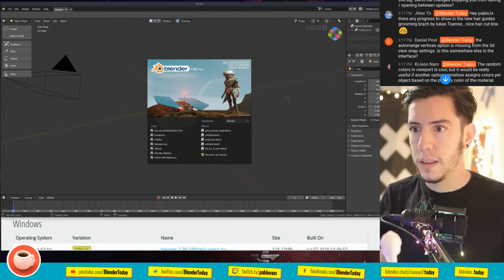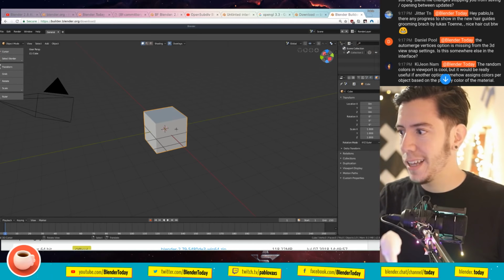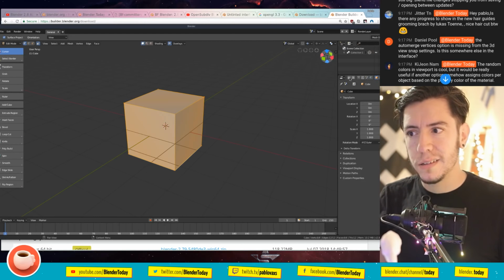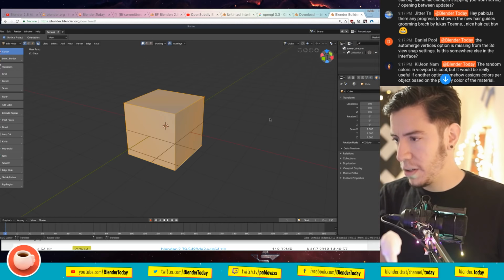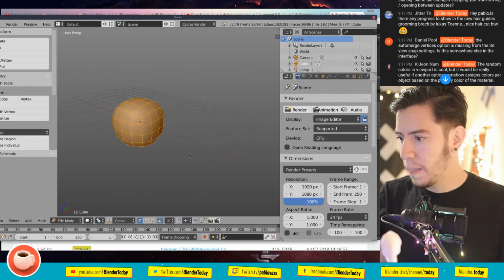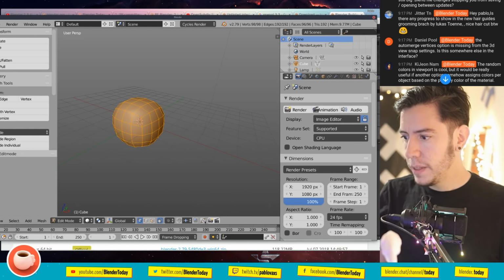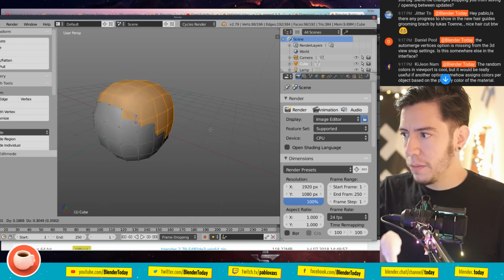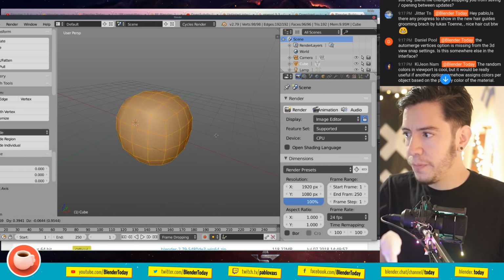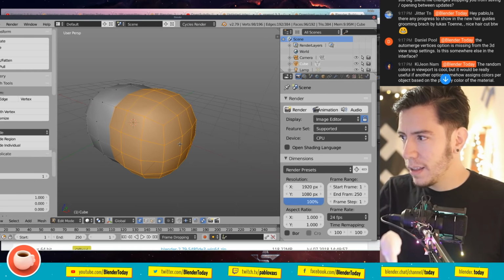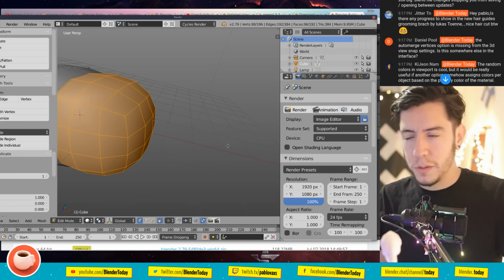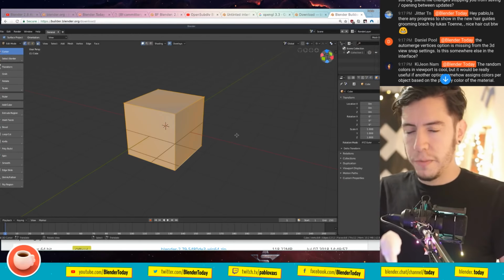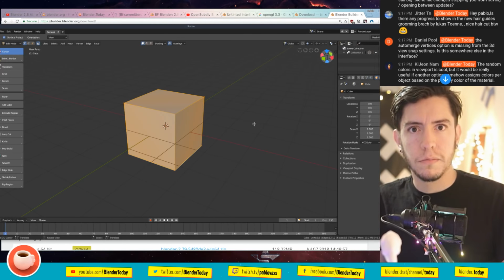No, it's not. Daniel Poole, I actually checked. I saw that discussion somewhere, I think in the Dev Talk forum, and it's not missing, because it was never in the snap settings. It was in the viewport, this one, the auto merge. It's not really part of snapping, because it doesn't have anything to do with snapping. It's just that when there are vertices on top of each other, then that will make them auto merge. But that doesn't really mean that you're always snapping. Maybe you can just duplicate and click again and it will duplicate on top of it.